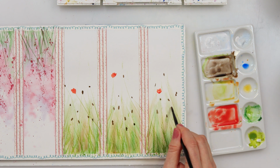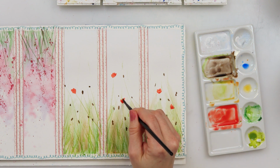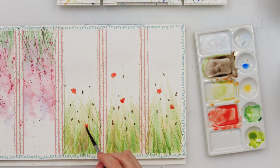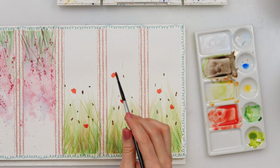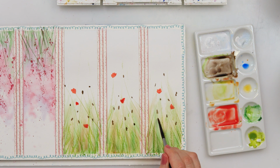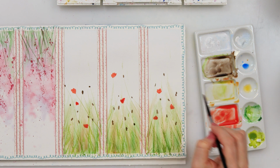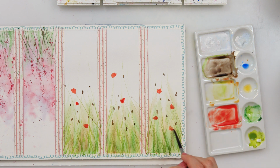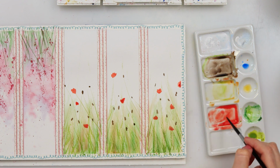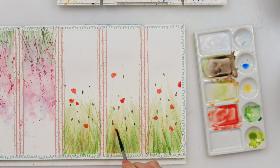Just somewhat like a heart shape maybe. There you go, just like this and that, and just fill it in. And maybe some here. And some shapes will be just like that. Nothing special and nothing particular. Like this, and we can do maybe this here. One from here going, maybe we don't see its stem. And this one here. And again, it doesn't have to be on top of stems,